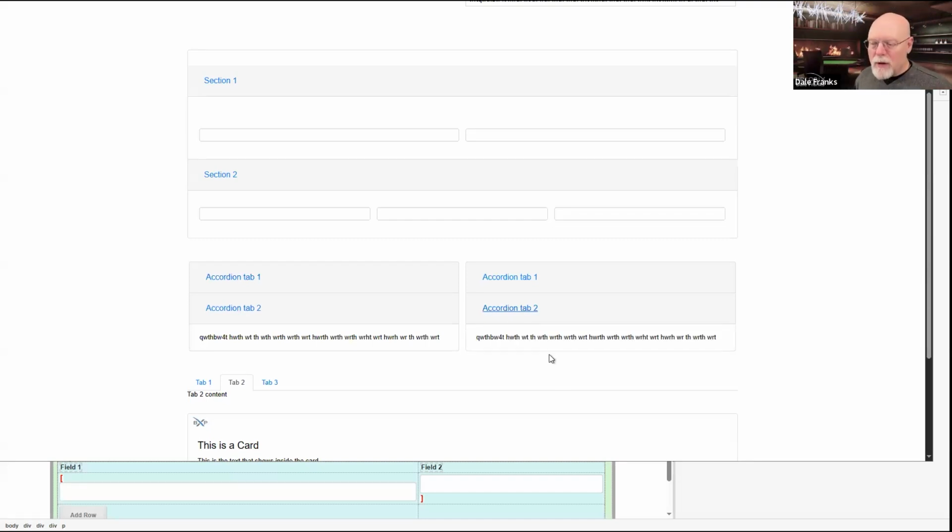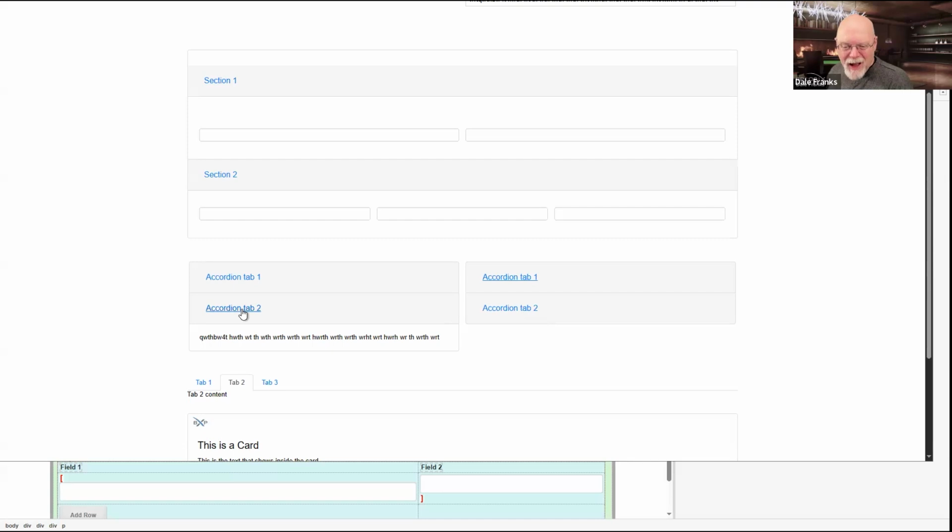I'm just going to go over the behavior so you can see what happens. I open up accordion tab 2. Great, I see it. I open up accordion tab 1, and this content is going to flow out of sight. So accordion tab 1 is open. If I close accordion tab 1, accordion tab 2 is also closed.